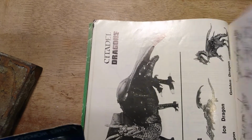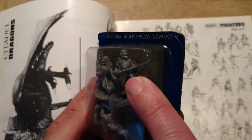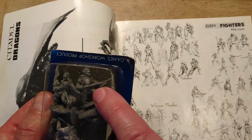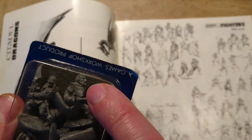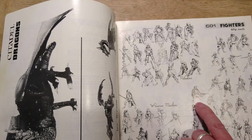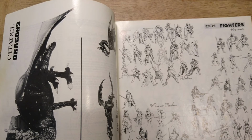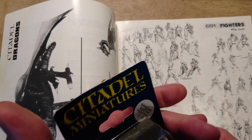And then the final guy is this rather fantastic sculpt. This guy drawing his rapier. You see that guy? The face is fantastic. I think that's this chap down here, drawing his rapier. It's a beautiful sculpt. I think that one stands up today. So, am I going to pop this open now? You remember